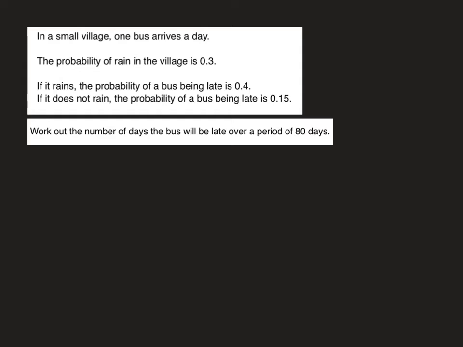Right, so let's draw our probability tree. So we've got some independent events going on. So first we'll look at weather. So it either rains or no rain. Okay, and the probability of raining is 0.3. Therefore, the probability of it not raining is 0.7. So that's the rain dealt with. The next one is